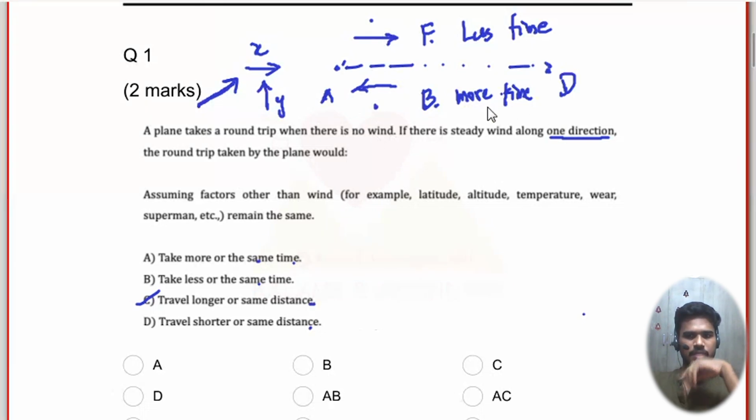So now can we make a call? So we have some explanations in the chat. More if wind is against a plane, less because flight is going through the wind direction, so it may fly fast. Again, you're looking at one way. This is a round trip. In a round trip, forward journey, if you save time, backward journey will be losing time. The question is, do you save more time or do you lose more time?